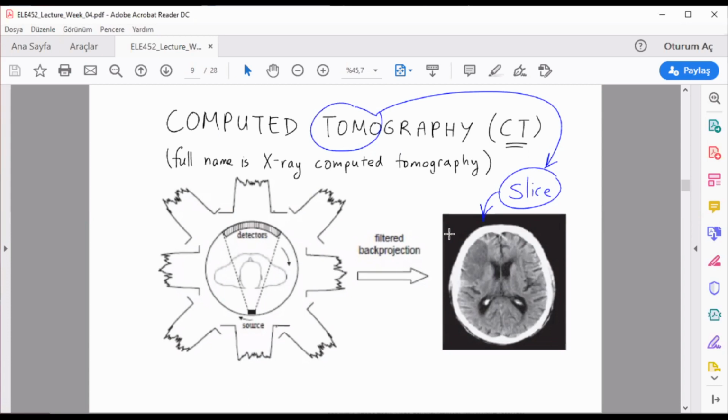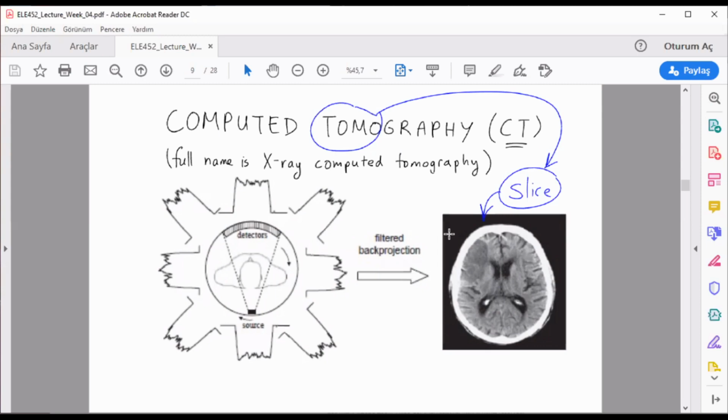The detector is a kind of angular arc where small pixels are located, and their charge intensity values can be converted to voltage for projection characteristics. By rotating the source and detector, you obtain another projection, and you complete the circle of 360 degrees. You obtain at least 360 or even more projection data, and these data are